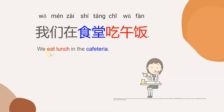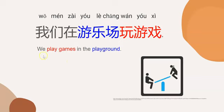If you want to say we eat lunch in the cafeteria, first, how to say eat lunch? 吃午饭。And how to say cafeteria? 食堂。So let's say this sentence. We eat lunch in the cafeteria. In Mandarin, you need to say we in the cafeteria eat lunch, in this order. 我们在食堂吃午饭。Now it's your turn to say this sentence. 我们在食堂吃午饭。